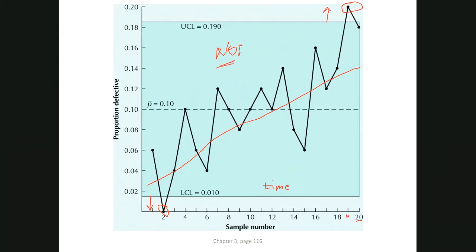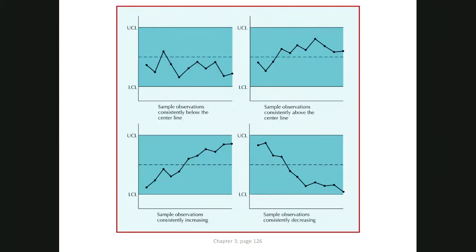And we're going to look at some other examples. You should look at these, and of course the explanation tells you what's going on. But none of these are in control. So here's a situation where all but one of the observations are below the center line. And here's a situation where almost all of the observations are above the center line. And here, in all 4 of these, all of the observations fall between the upper and lower control limit, but this